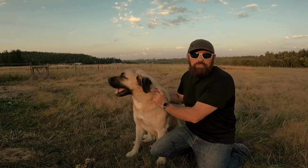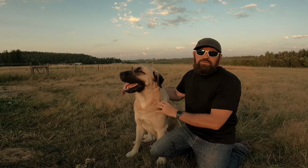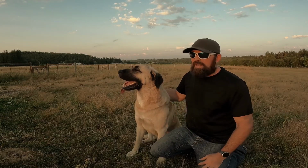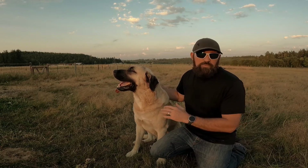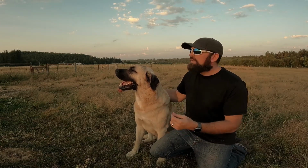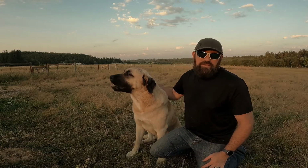We actually bred him with our Maremma, and we had puppies, and everybody that we sold puppies to just loves the dogs. They said they're just the best dogs they've ever had. They take right to any kind of livestock you put them with. We even have a couple of dogs that went to families that are protecting birds. Most of them go to working homes with sheep and goats, but everybody has had nothing but great things to